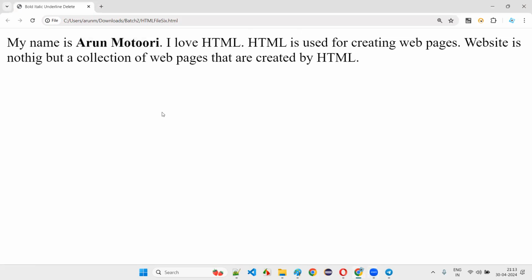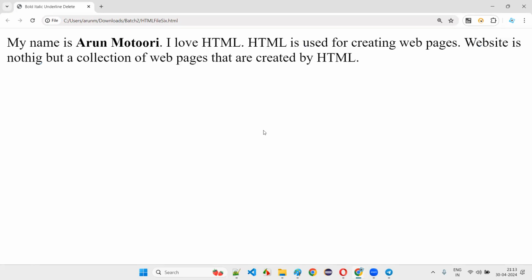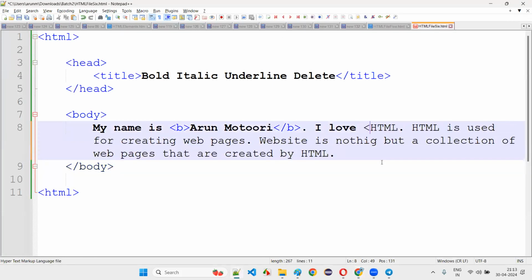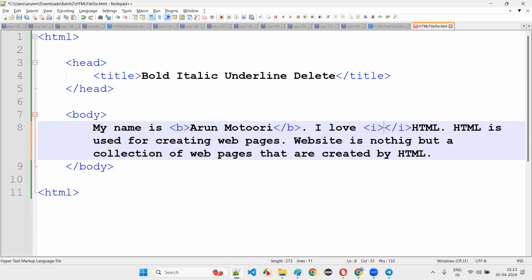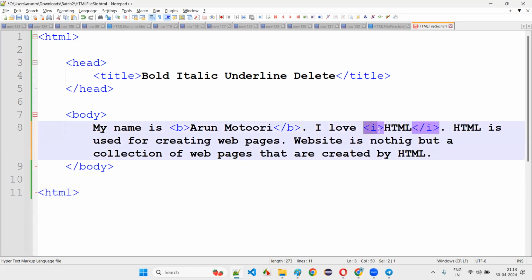Okay, similar to bold, we have other stuff. Have you seen someone writing using a pen? They will not write in a straight manner. They will write in italic. The lines will be bent to the right side. There is a writing style called italicized. For example, this HTML I want to italicize. For that, I have to surround this with the I tag, and the ending will be /I. Starting and ending.